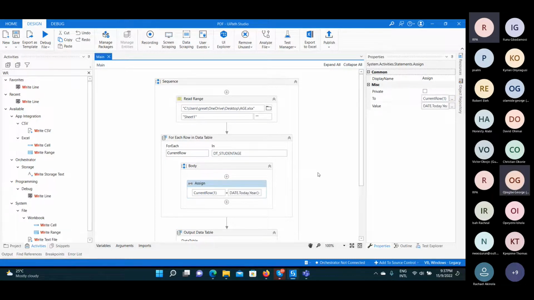Now in the body, we use an assign activity. That's in the two, we had current row, comma, bracket 1. Now, what this does is